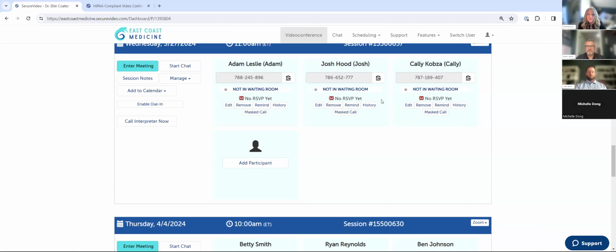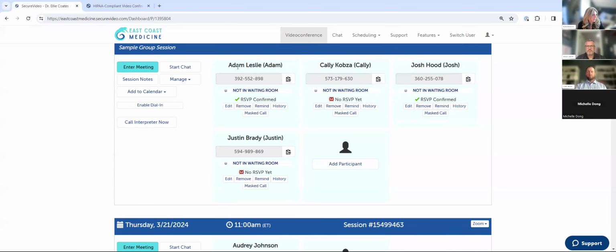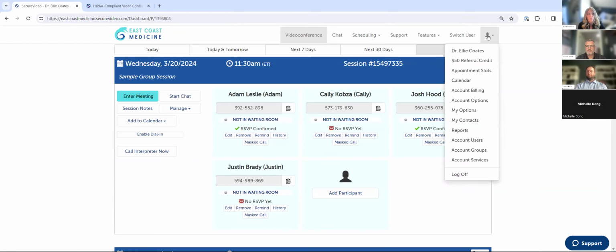All right, let's get into some of the reporting and attendance capabilities. This is one of the sessions that I conducted earlier today for our group session. And I want to show some of the capabilities around reporting, because holding a successful group session is one thing, but also on the back end of that, when that session ends, a lot of times, especially if there's insurance reimbursements involved, you're going to need some way to verify who attended the session, who didn't, and how long they were in the session. So this is a tool we wanted to point out to you in the reports section